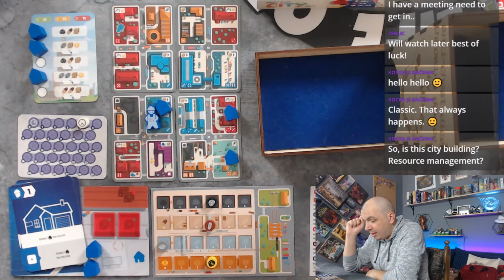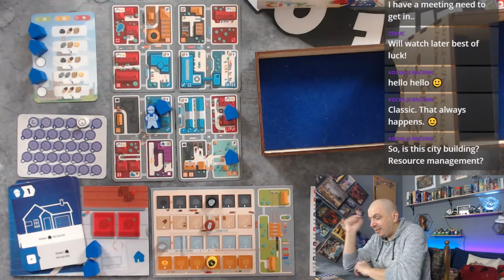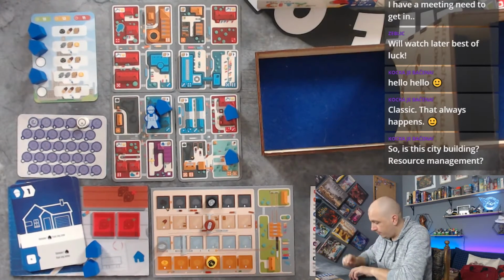So yeah, where we at? If you get a 6 and a 3 in this roll, wait,